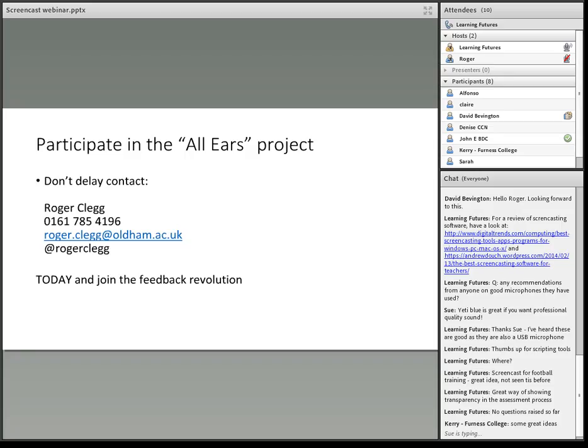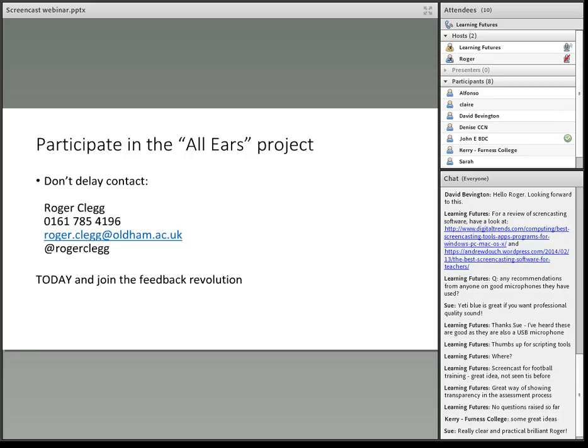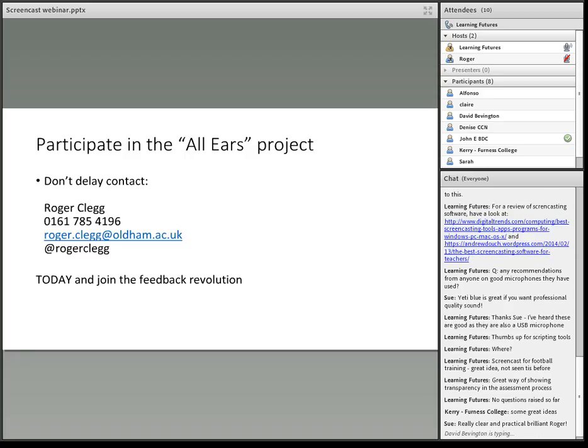But I was particularly interested in this idea of moving towards students as co-creators. I think that's a really interesting point. And I'm also going to pick up on a point that you mentioned about zooming and where that fits in with screencasting, because we've put some of that into our CPD activity that I'm going to speak about in a minute. But if anybody has any questions, then by all means just pop them into the chat area.